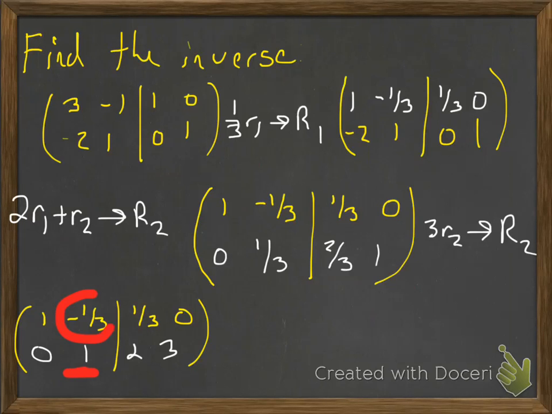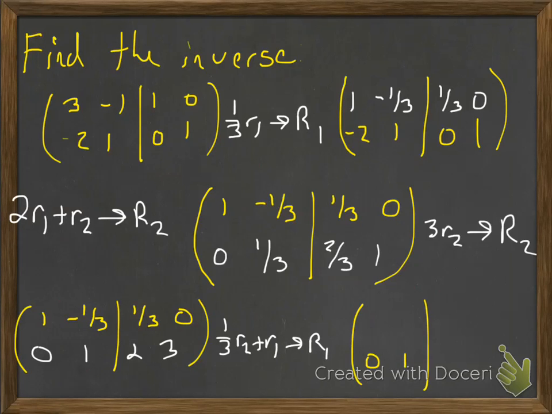All I want to do now is make this a 0. To make a 0 in column 2, I'm going to use row 2, and we're going to use the opposite of negative 1/3, which is positive 1/3. So 1/3 row 2 added to row 1 is going to replace row 1. Bottom row is unaffected. The top row,